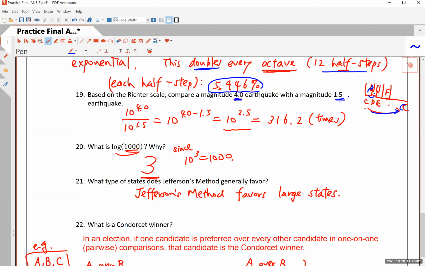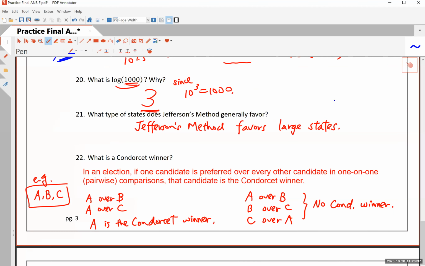So what you have to do is remember 4.0 means that the magnitude is 10 to the 4th power, which is 10,000 times that number we call mu naught, which is the reference number, a very, very small amount of energy. That would cause a very, very minor earthquake that will be unnoticeable by humans. But there is that reference number that's fixed. And this 4.0 earthquake means that the energy released by this earthquake is 10,000 times that mu naught.